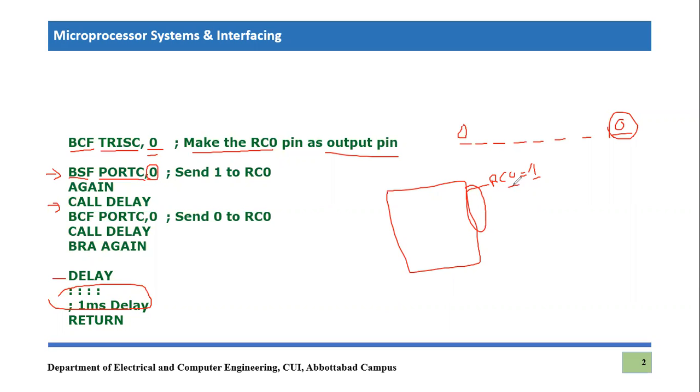So RC0 is on, right? RC0 is equal to, for example, this is the bar chart, or this is a graph of RC0. Earlier it was 0, and it became equal to 1. So it will remain equal to 1 for how long? For 1 millisecond. Then what happened, we go back and we go back to this